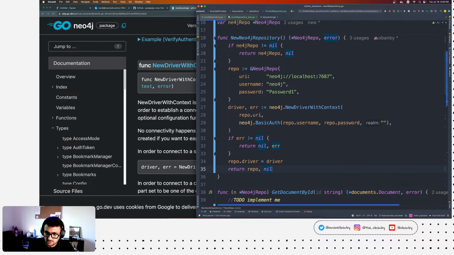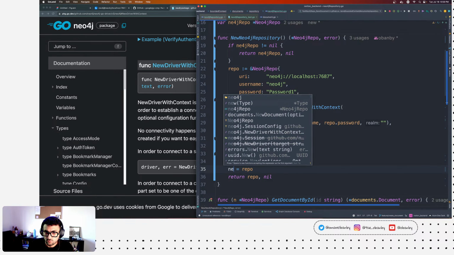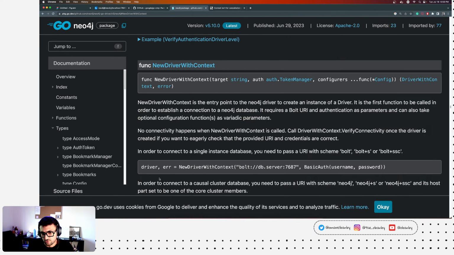Otherwise, you say Neo4j repo buddy is equal to, and you return the Neo4j repo.